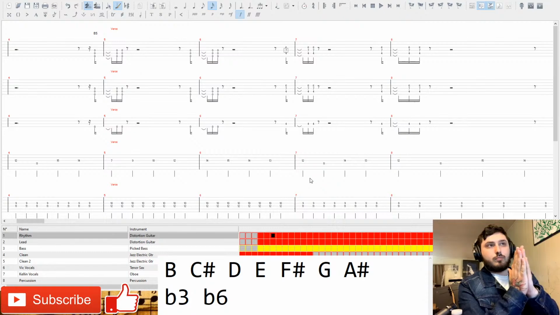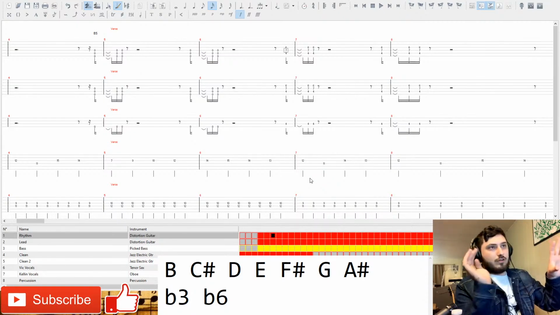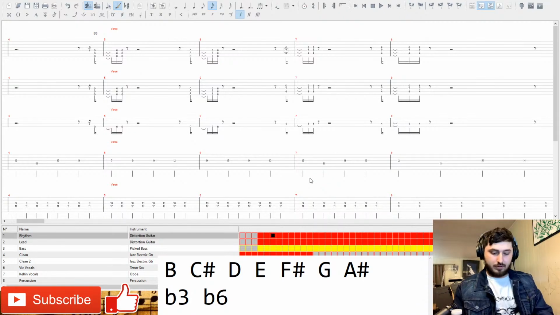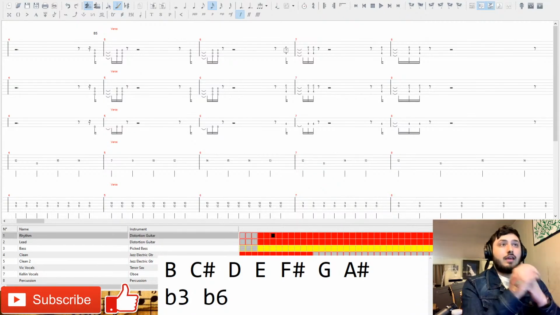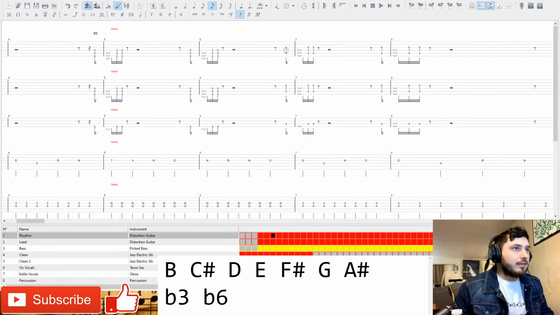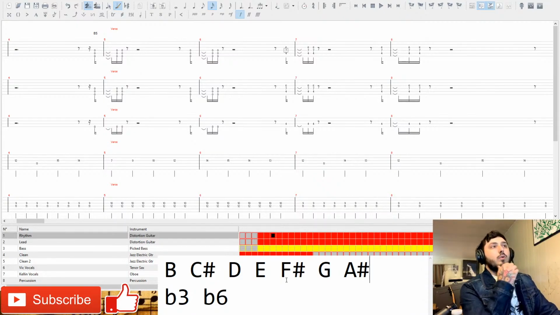It would be a 6 if it was a perfect fifth, but it's a 7, so the next interval is a minor 6. So this is an A sharp minor 6, which is really cool. So that second note they're using to make it is an F sharp. If we look also in our scale, we've got the A sharp and we've got the F sharp. And this chord is kind of just a cool, interesting thing.